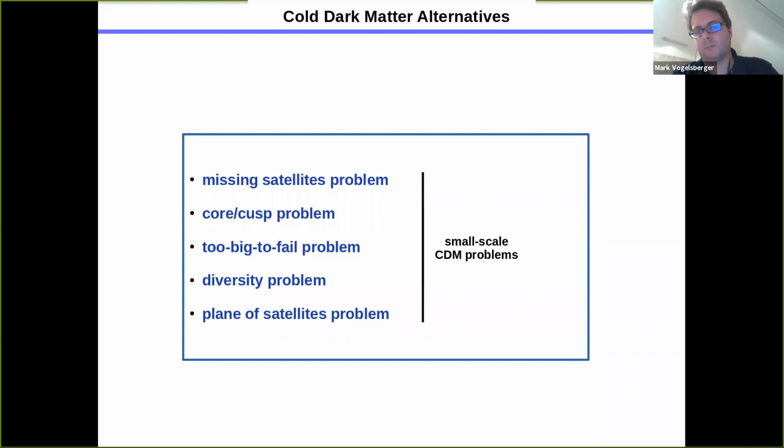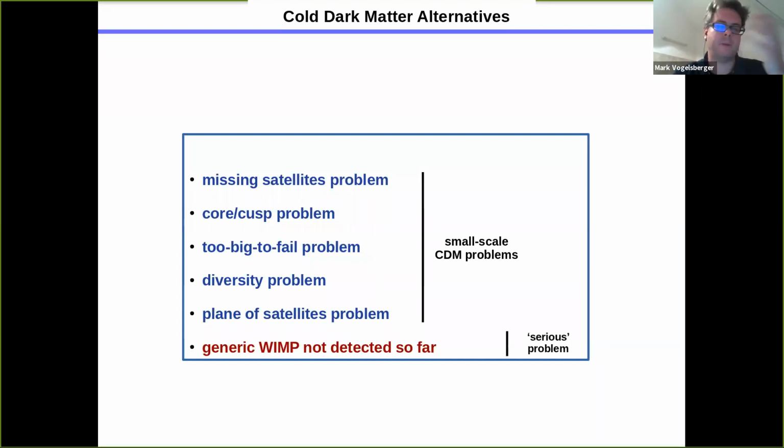So this essentially implies that whether this is really a problem for CDM or not is a bit unclear, because it might just have to do with the baryonic physics. But independent of this question, there is another problem that is not on this list, which I think became more pressing over the last 10 years, and that is the fact that this simple idea of a CDM particle in terms of a WIMP or other generic